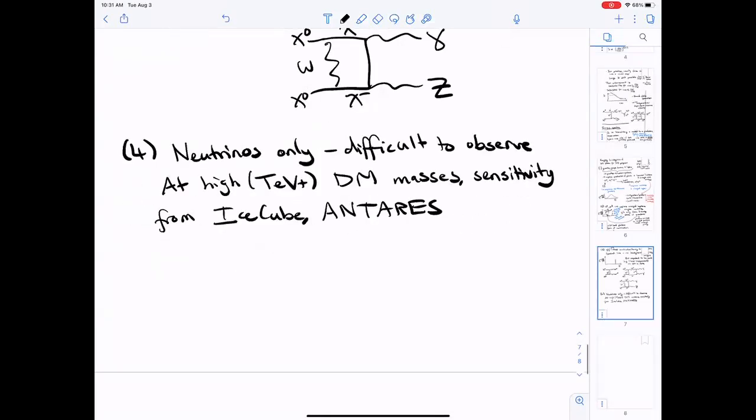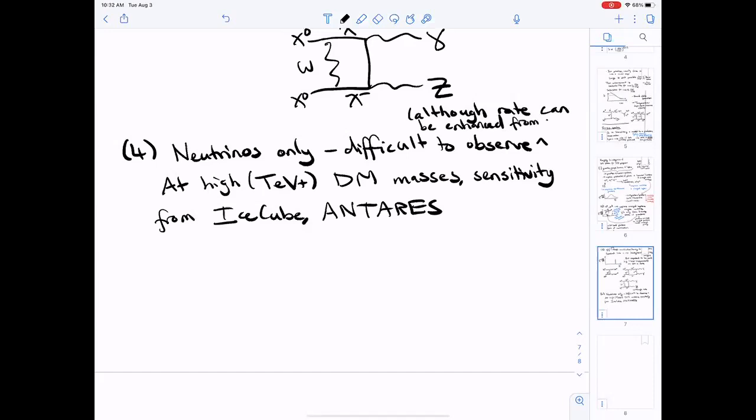So this is good. Let me add a caveat here. Difficult to observe, although the rate can be enhanced if you have capture in the sun. This is true for a range of channels. If you've got a compact object nearby that can capture the dark matter and increase its density dramatically, then that can give you an easier to see signal. So, enhanced